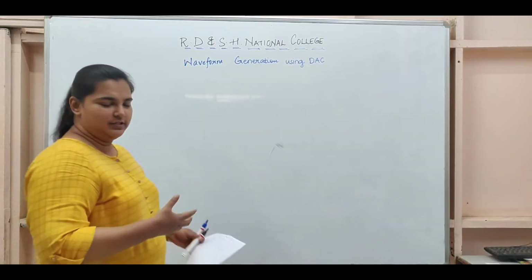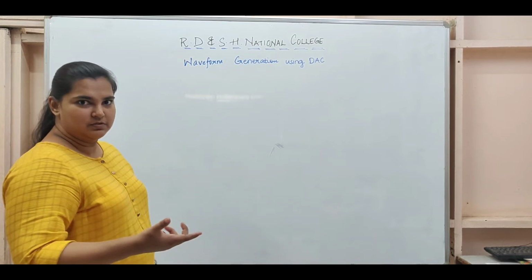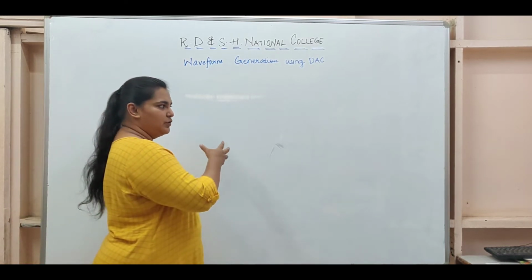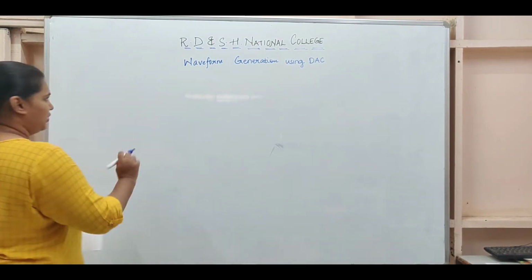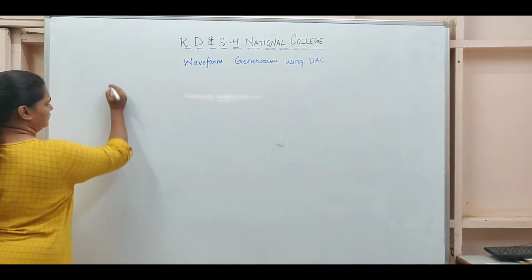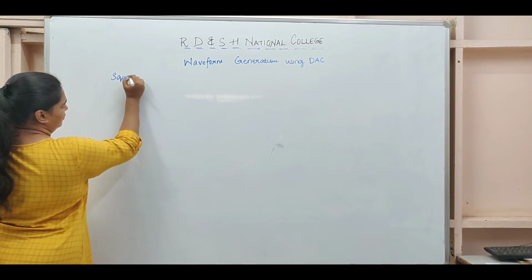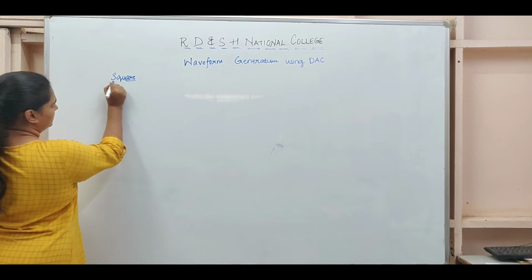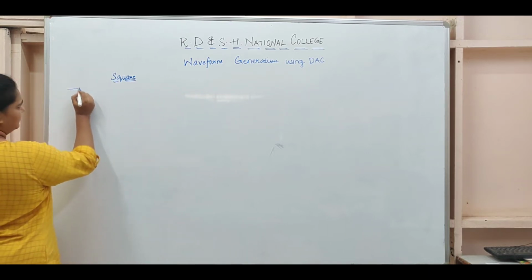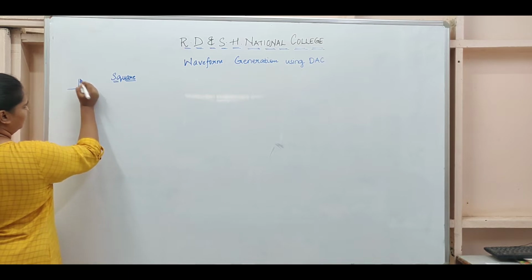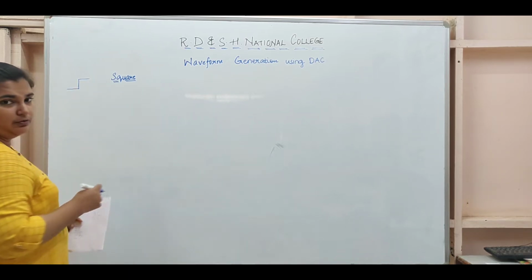As you've already seen, I drew the control register. Now we'll move to the programs. What will be the input to the microprocessor so that we get waveforms? If you understand, we'll start with the square wave. For a square wave, what you need is a low input for quite some time, followed by a high input again for some time. So how do we give this?